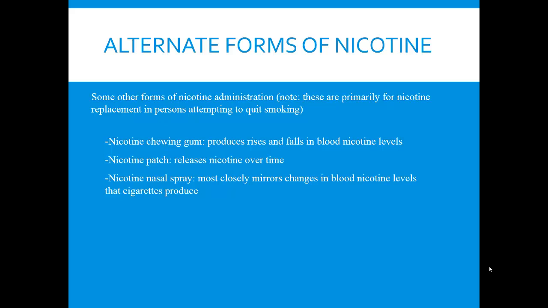Then you have the nicotine patch. You're probably very familiar with these, seeing lots of commercials for these on television all the time. These are patches that have a matrix that contains nicotine. It's placed on the skin, and then the nicotine is absorbed through the various dermal layers of the skin into the bloodstream. The blood levels are going to rise over time, remain constant, and then when they start falling is generally when it's time to change the patch.